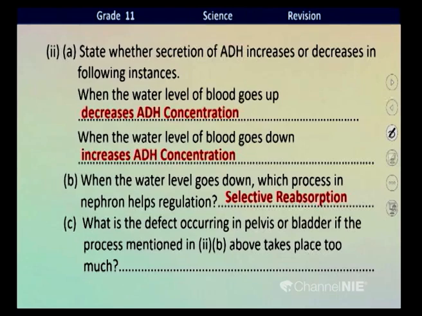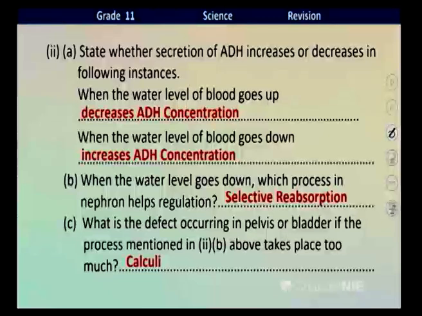If continuously too much selective reabsorption is taking place, then urine output decreases. When the urine output decreases for a long time, a little amount of urine is retained in the pelvis of the kidney and also in the bladder. When urine is retained for a long time, urine gets concentrated more in the bladder or the pelvis. When the urine gets concentrated, children, some salts like calcium oxalate can crystallize in the bladder or in the pelvis.